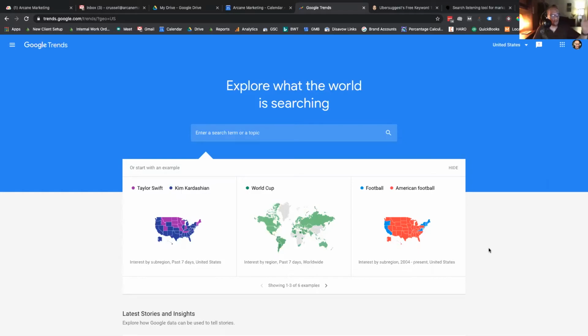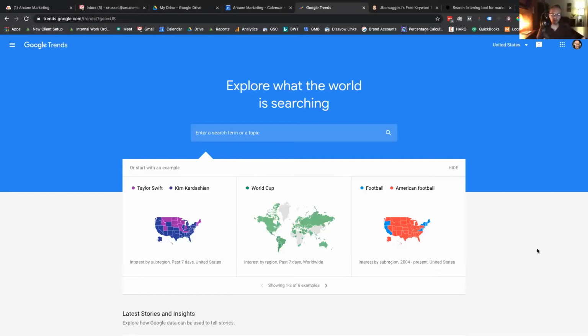But anyway, the very first tool here is an often forgotten tool that good marketers use, but I don't think a whole heck of a lot of our clients know this is out there. And if they do, what exactly it is that they're looking at right here. And this is Google Trends, right? You just type in trends.google.com, and this is a free tool that Google lets you use to see what topics